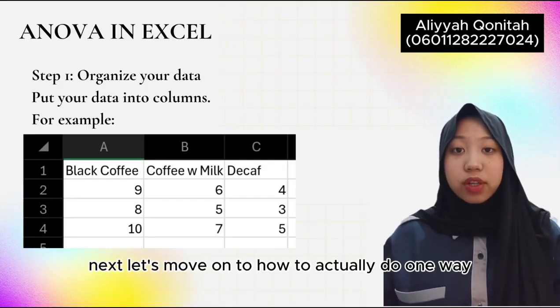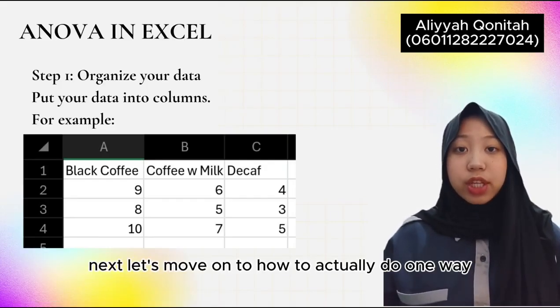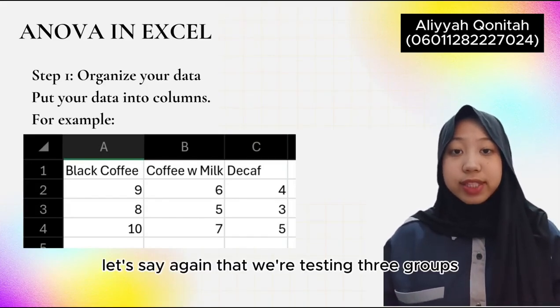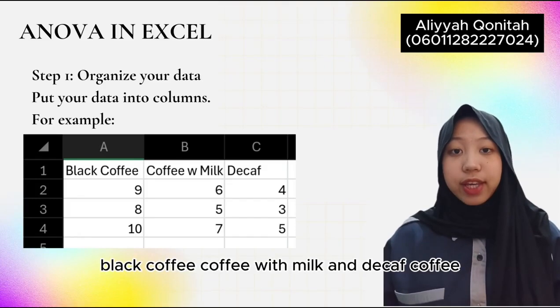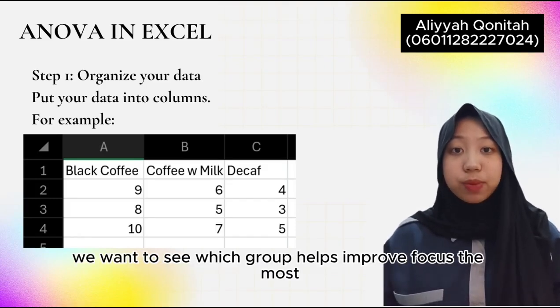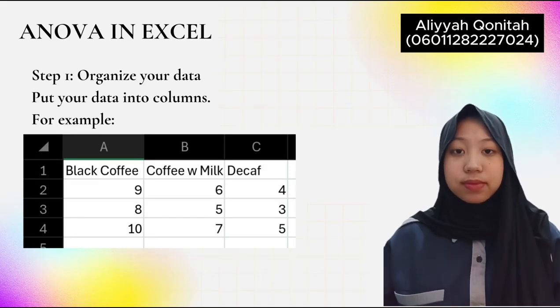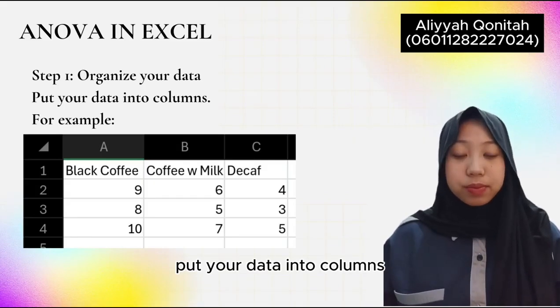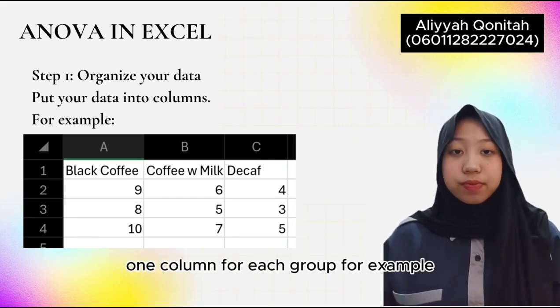Next, let's move on to how to actually do one-way ANOVA using Microsoft Excel. Let's say again that we're testing 3 groups: black coffee, coffee with milk, and decaf coffee. We want to see which group helps improve focus the most. Here's the step-by-step process. Step 1. Organize your data. Put your data into columns, 1 column for each group. For example,